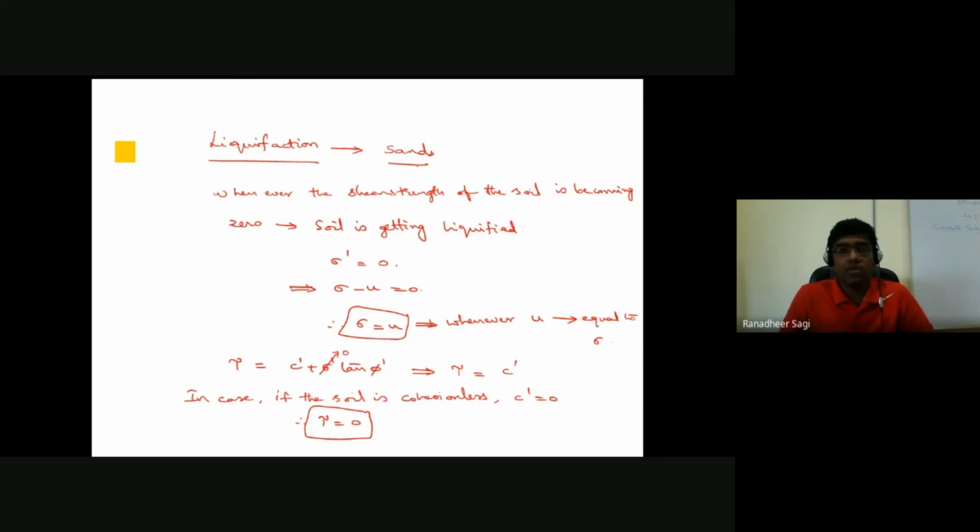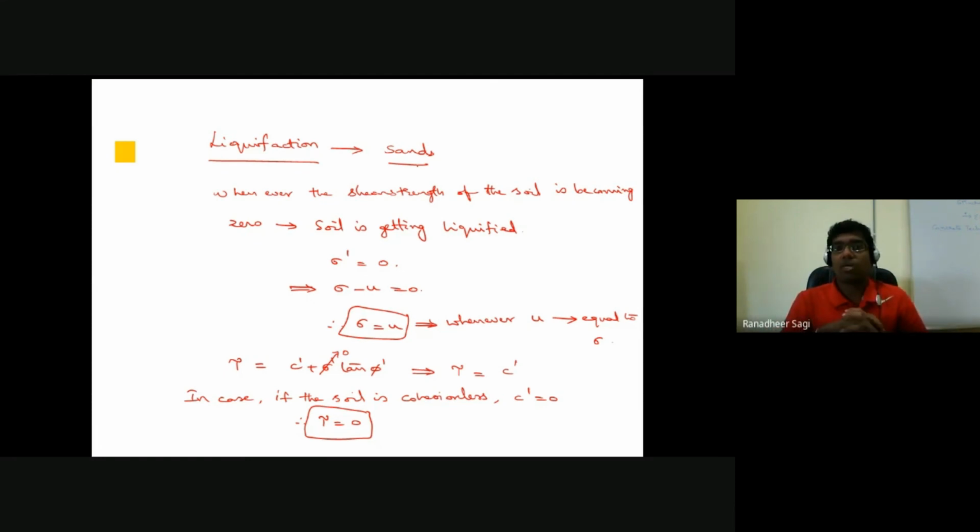Sir, practically, is it possible that in sandy soil we come across a situation where pore water pressures increase so much as to become equal to the total stress in the soil? Yes, there could be certain situations. Though the soil is sandy, the size of the void is relatively large for the water to escape easily. Excess pore water pressures developed in that sandy soil can easily get dissipated.